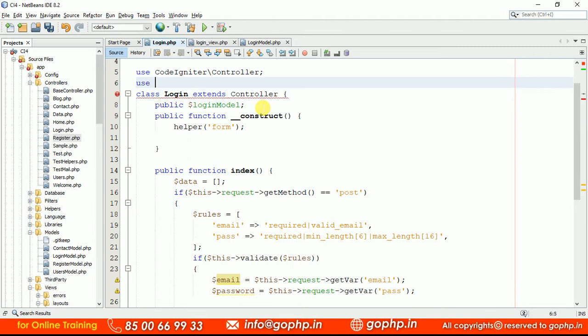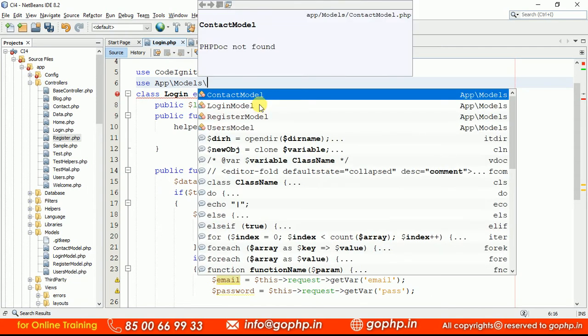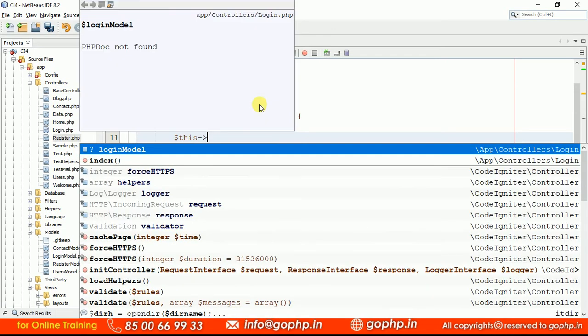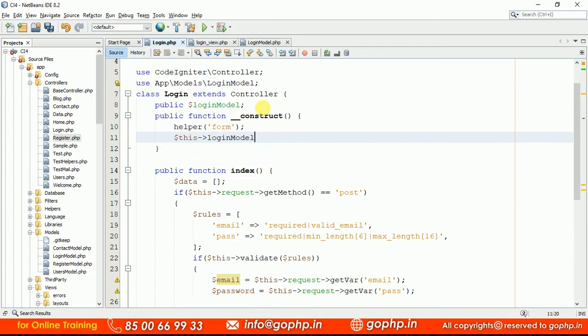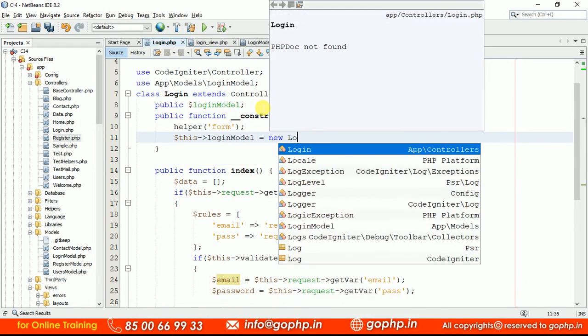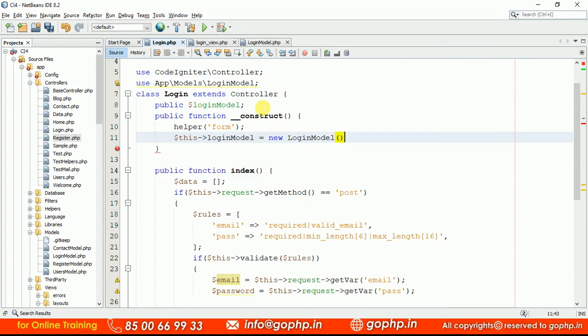Use app slash models slash, we have a model called login model. This is the login model we have. Let us instantiate the model here in the constructor, so it is going to be reusable. This is going to be login model equal to new login model object I am going to create. Yes, the login model object is instantiated.